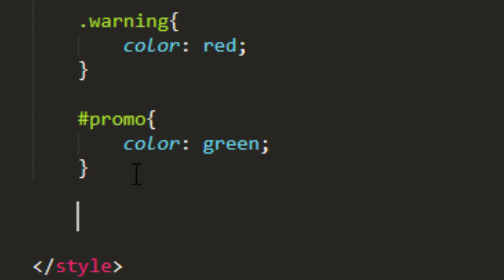Okay, there is another type of selector you can use, called a mixed selector, and this is where CSS starts to get a little bit confusing because you can create combinations of selectors. We've talked about tag selectors, class selectors, and ID selectors. Well, here's a combination. I can have one that looks like this,